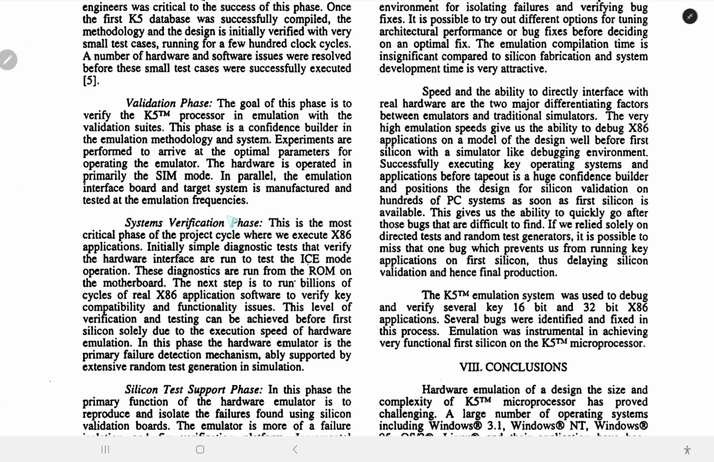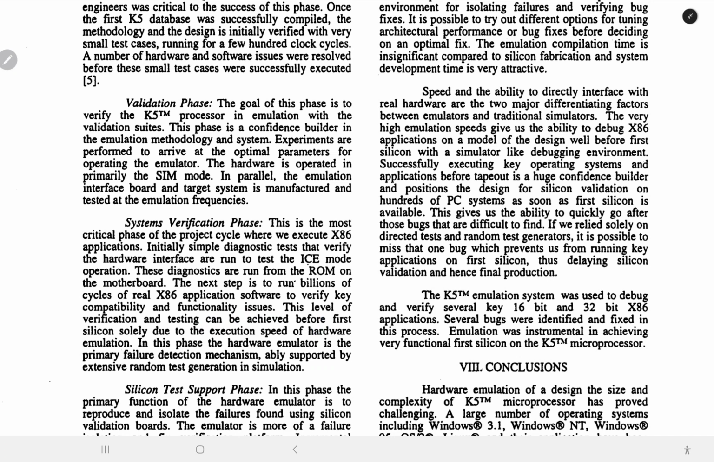The system verification phase. This is the most critical phase of the project cycle, where we execute the x86 applications. Initially, simple diagnostic tests that verify the hardware interface are run to test the ICE mode operation. These diagnostics are run from the ROM on the motherboard. The next step is to run billions of cycles of real x86 application software to verify key compatibility and functionality